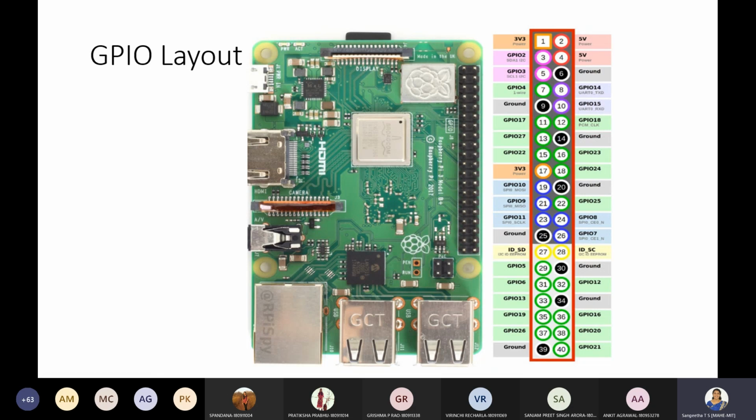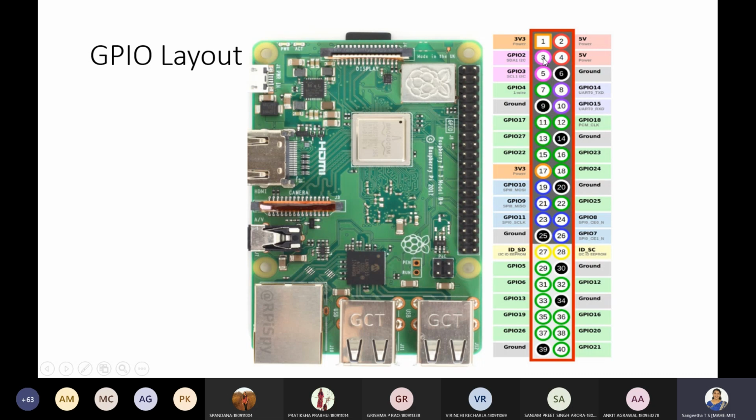So basically, there are two GPIO numbering schemes available. One is called the GPIO board numbering scheme. Another one is called GPIO BCM, Broadcom. The first classification of the pin diagram is the one you can see in the long red rectangle, which is called GPIO board pin numbers.